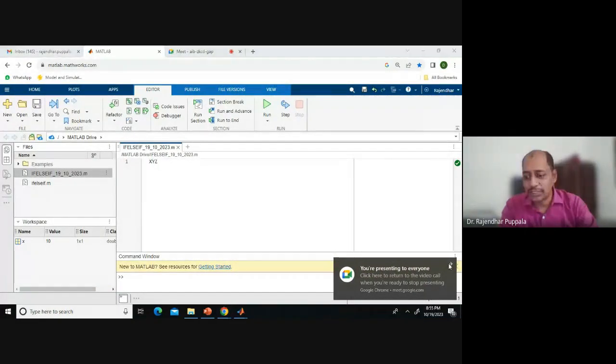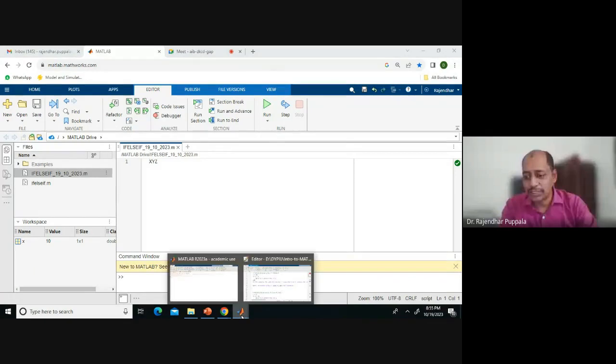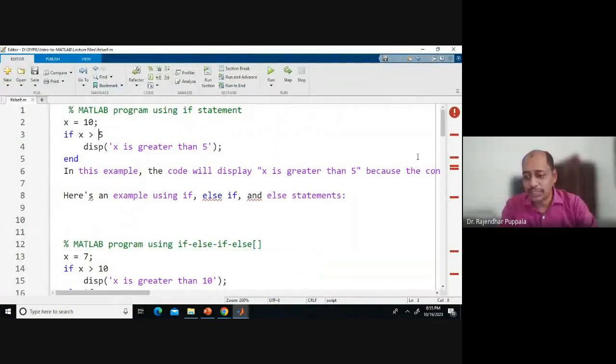First I will explain, sir. After that, the two programs together I will write in the editor. Okay, so sir, what will display show? If you are giving 10, it is greater than 5, right? It will simply show x is greater than 5 in the command window. And after that,